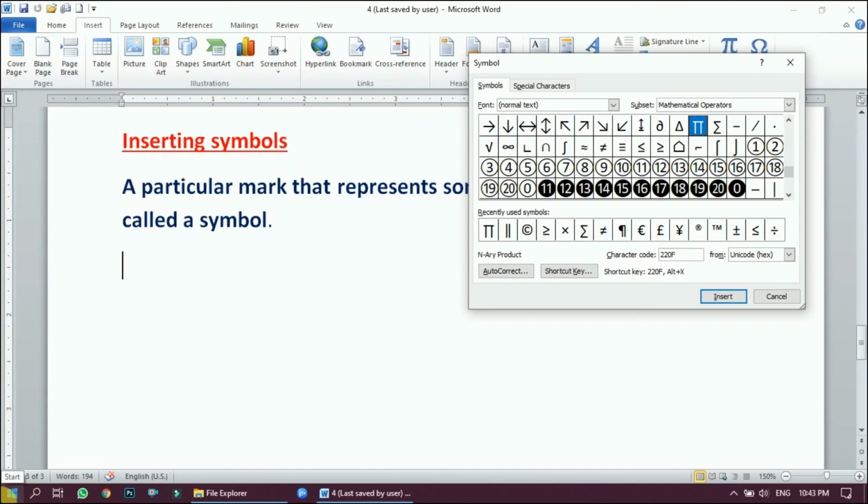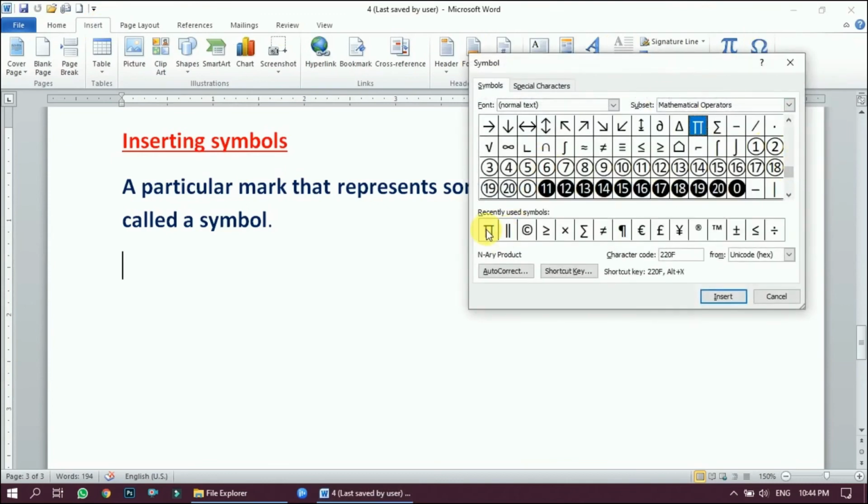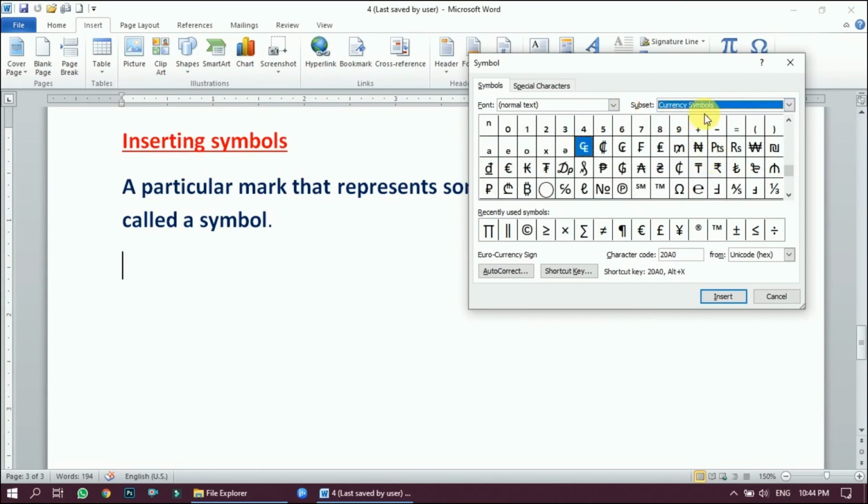For example, I want to write the formula of surface of a cone, so I need to insert pi, right? And I'll click insert and close. Now I'll go in the insert tab. In the symbols group I need to click here and I'll go in the more symbols. So here I have a drop down menu which is telling me the different kinds of Arabic, American, Thai, Georgian, so different symbols which are used in different languages. For example, I have this currency symbol, right?